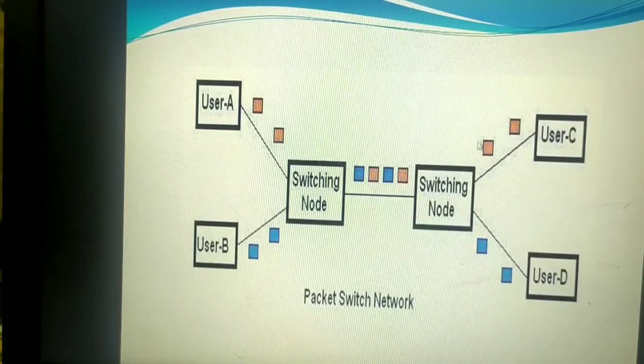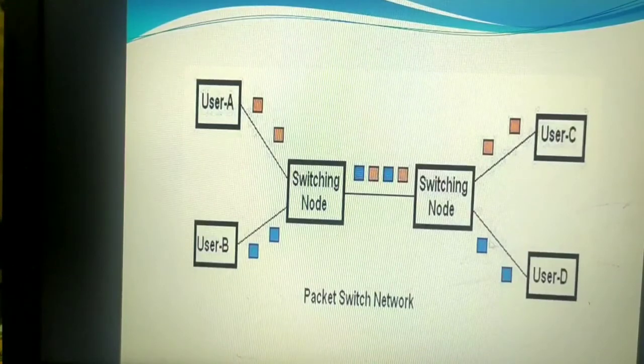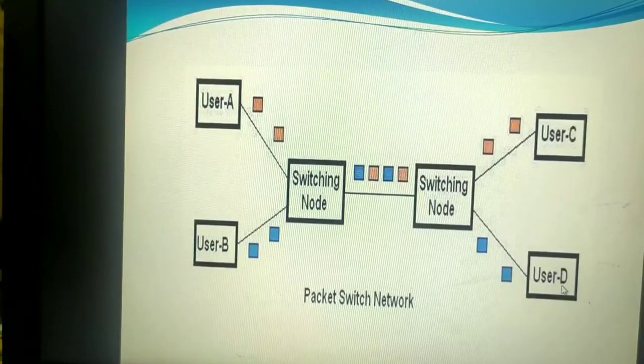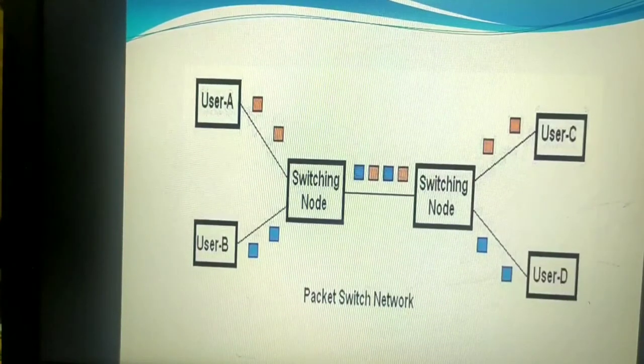Before handing over these 2 packets to user C, depending upon their sequence numbers, they will get rearranged, and then the entire data of 400 KB will be given to user C. And here, depending upon the sequence number, A and B will be merged properly, making 300 KB, and the entire message will be handed to the destination correctly. So this is the packet switched network.